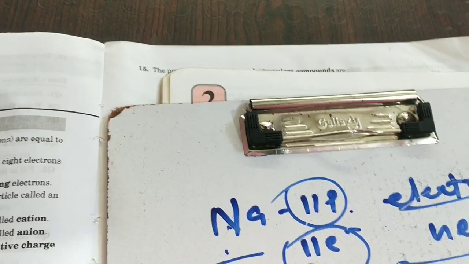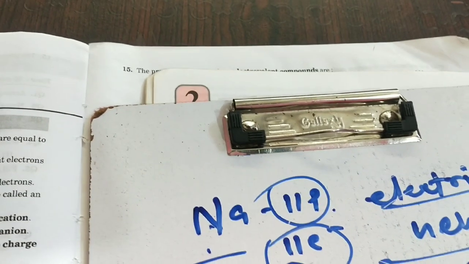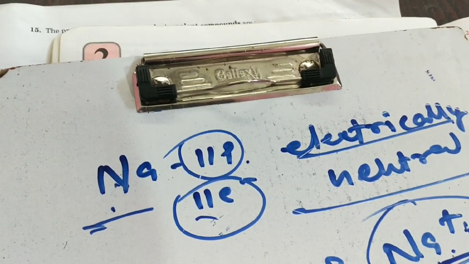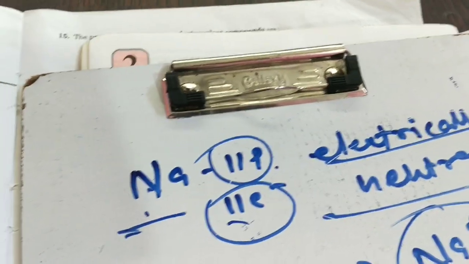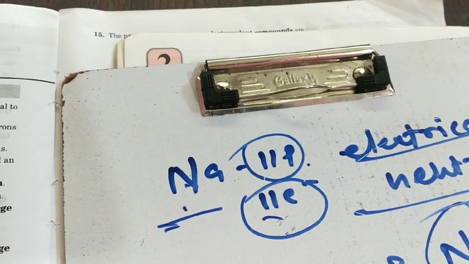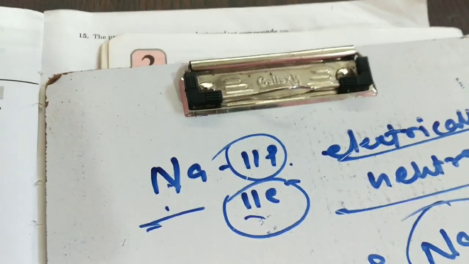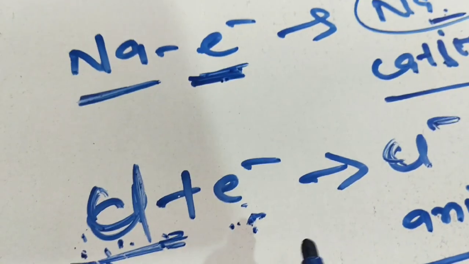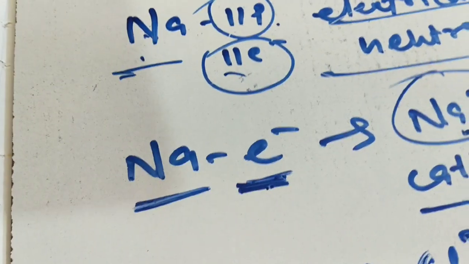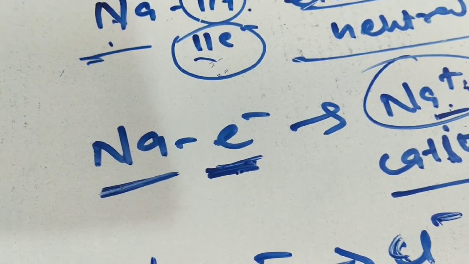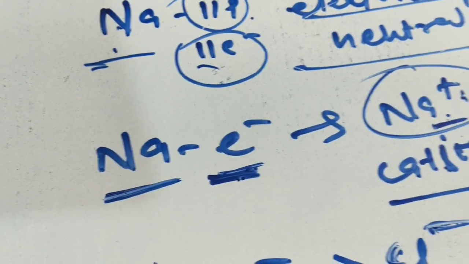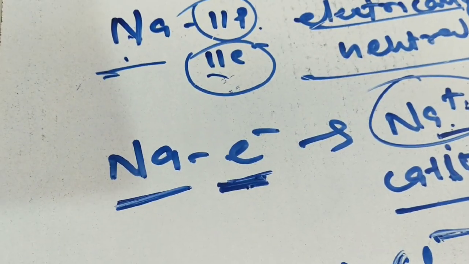But when sodium loses one electron, it becomes a sodium ion, that is, it contains one positive charge, which is known as a cation. What is the definition of cation? I will explain that. Next point, if I take the example of chlorine, chlorine has a tendency to gain one electron and fulfill its electronic configuration, that is, fulfill its octet. Due to taking one electron, it contains one negative charge, so it acts as an anion.